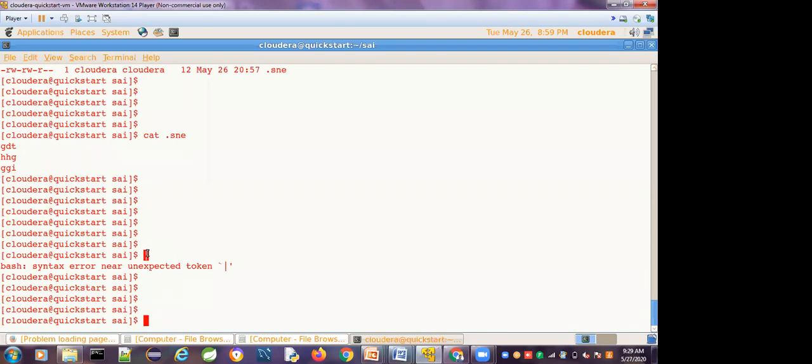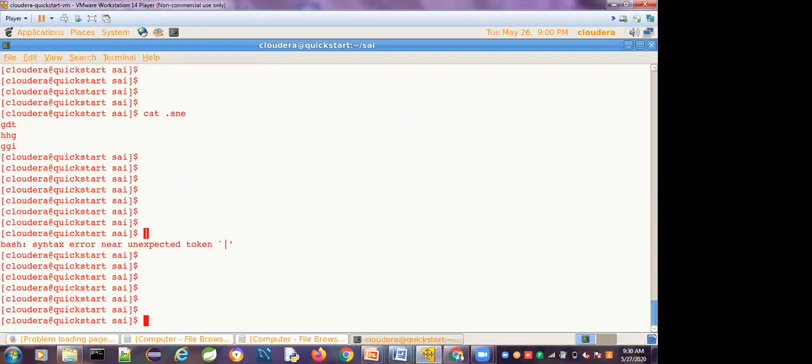The pipe command is used to combine two or more commands. I want to get the required output based on the combination of commands. I want to work on two or three commands simultaneously in the same line, so I will take the help of the pipe operator. It is known as the pipe command. The pipe command is used to club the commands.